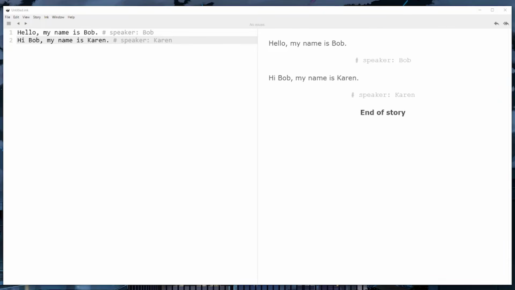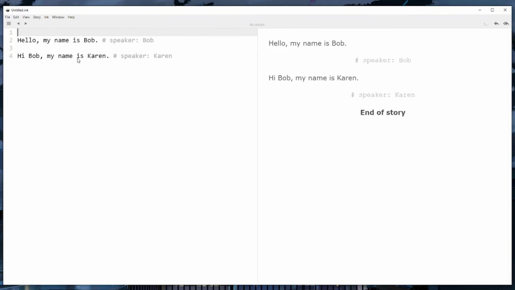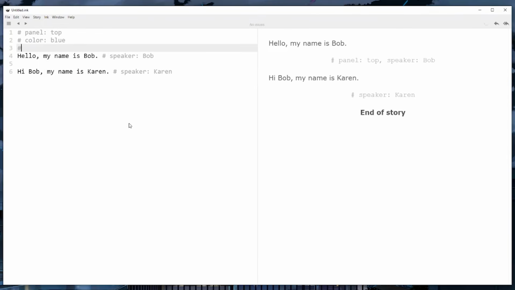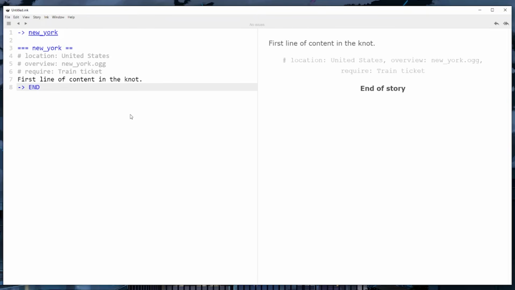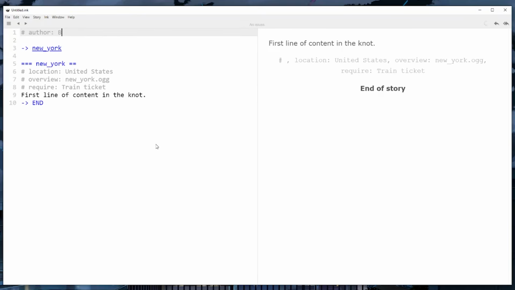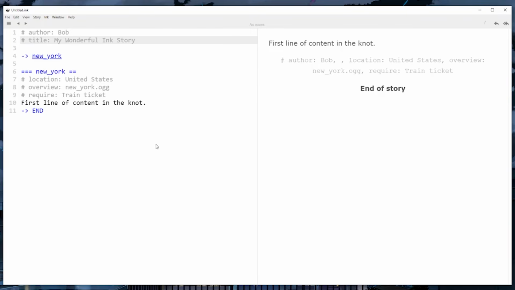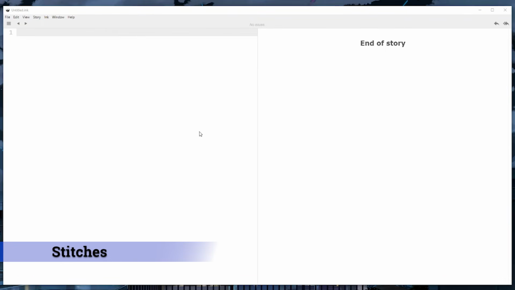In this example, these tags could be used to display the character's name who's speaking. You can have multiple tags for a single line, and the tags can be written on top of the line or to the side. The possibilities with this are limitless, since it really just comes down to how you're handling this in your video game's dialogue system. You can also define tags at the top of a knot and then easily access them based on the knot name, or even at the top of a file where they would be considered global tags that apply to the entire story.